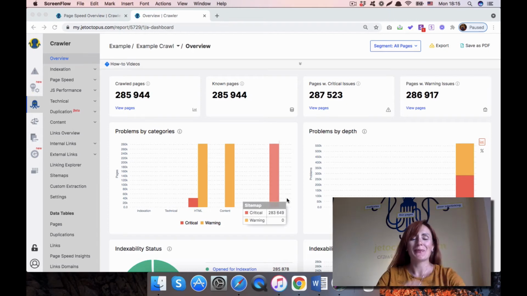Hello everyone! Core Web Vitals, PageSpeed Insights. These criteria have become really important, and I'm sure that you are all concerned a lot about these criteria on your website. And today I'm really willing to show you and demonstrate what we have inside JetOctopus and how